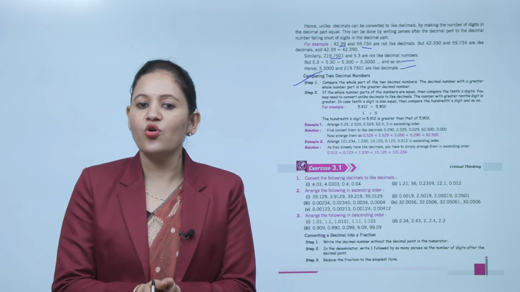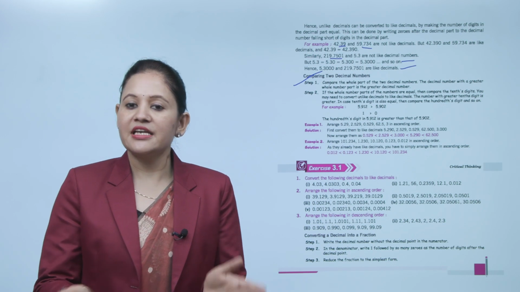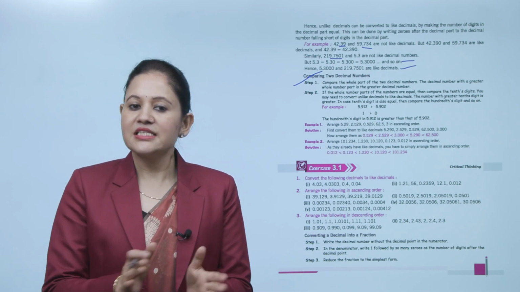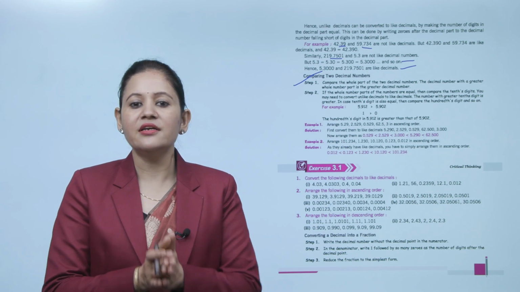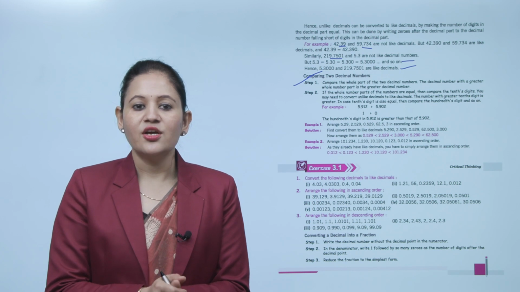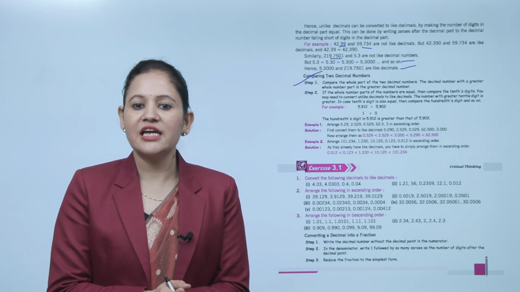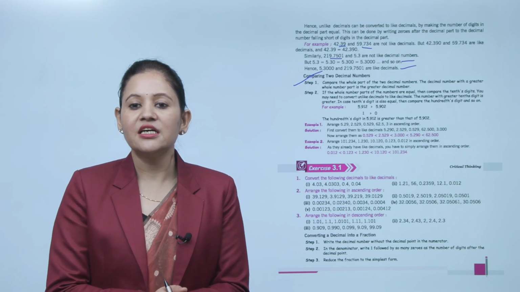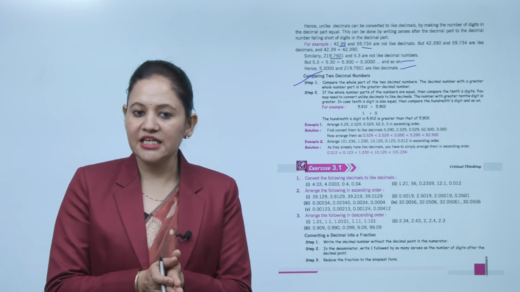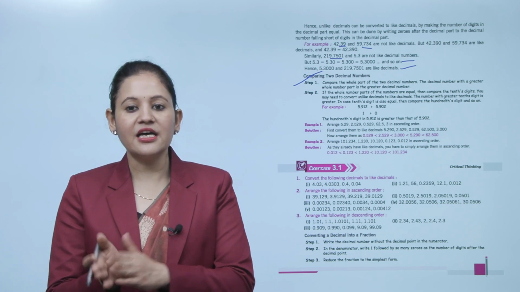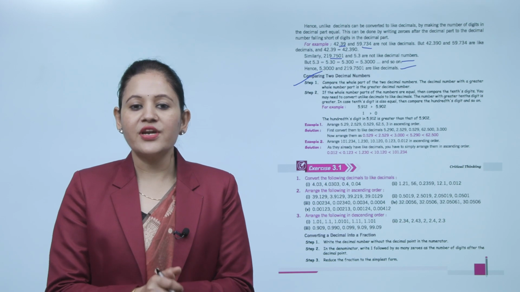Step 1, compare the whole part of two decimal numbers. The decimal number with the greater whole part is the greater decimal number. Step 2, if the whole number parts of the numbers are equal, compare the tenth place. You may need to convert unlike decimals to like decimals. The number with the greater tenth digit is greater. In case the tenth digits are also equal, then we'll compare the hundredth digits and so on. For example,